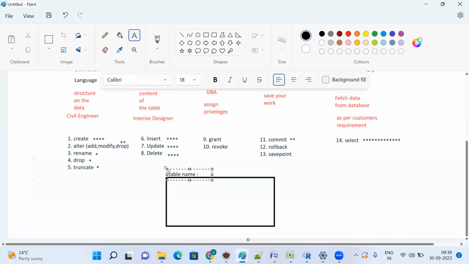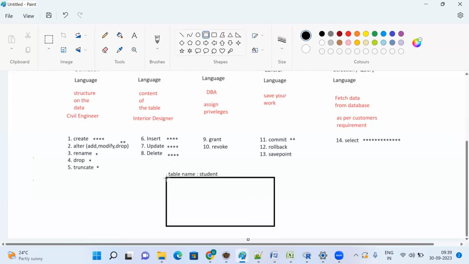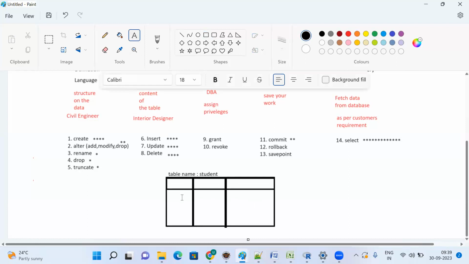You can forget the capitals and write all in small. It has 3 columns: roll number, name, and percentage. And then I realized that I forgot to add one more column. I also wanted to add the age of that student. So as of now, I just added roll number